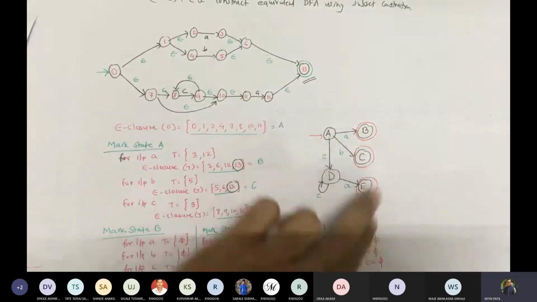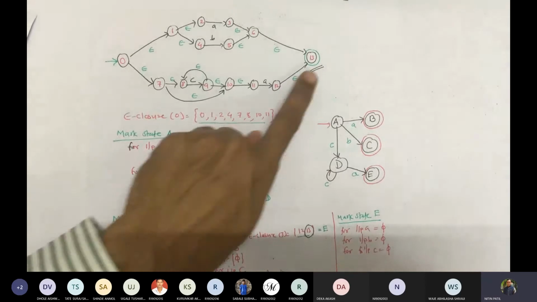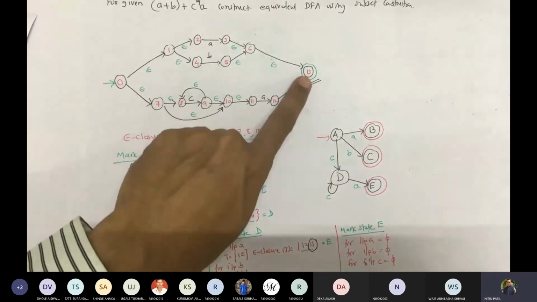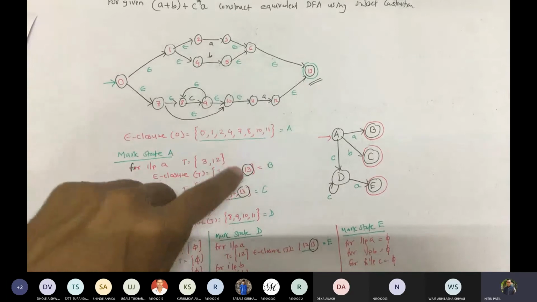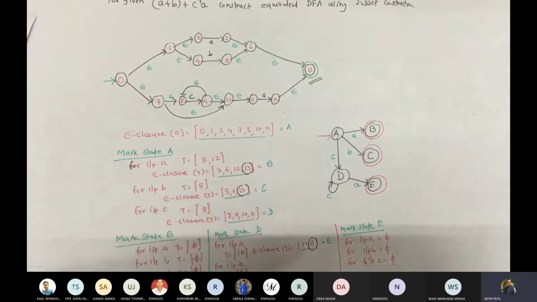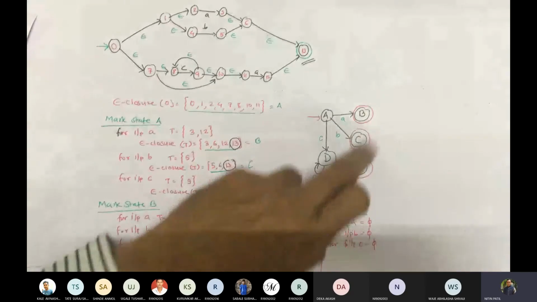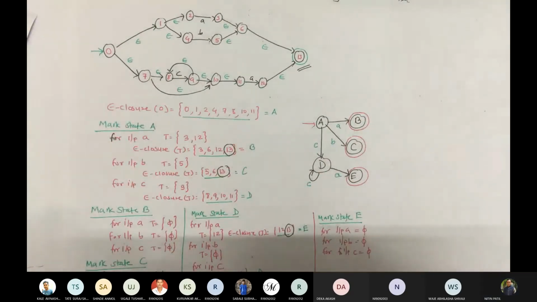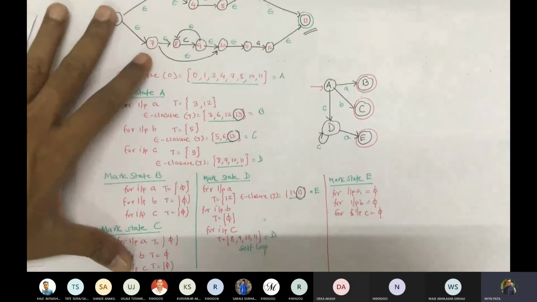So why are we taking B, C, D to be final? Because the final state in the NFA that we have drawn is 13. So wherever 13 is in the epsilon closure, what are the states that we got? 13 is in B, 13 is in C, 13 is in E. That's why we added these three states as final. Fine. So how many of you got the same answer?